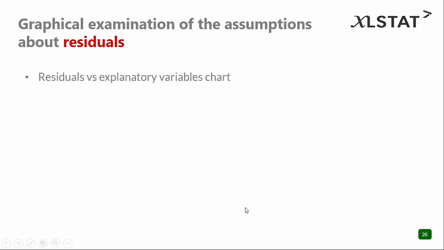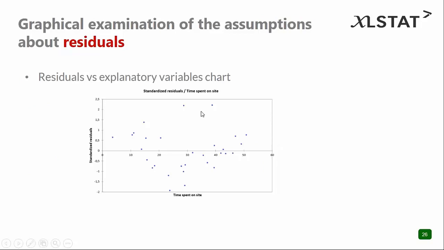There's a very simple chart that allows you to diagnose this. You take your residuals versus explanatory variables chart that is available in your XLSTAT regression report at the bottom. So when you launch a regression on XLSTAT, you automatically get this chart. So you check it out, and if the residuals or the points are homogeneously spread all along this line, the y equals 0 line, then your model is valid. And of course, the points should be more concentrated in the middle and more spread out the more you get far away from the center line. In our case, we can say that dots are homogeneously distributed around the line,